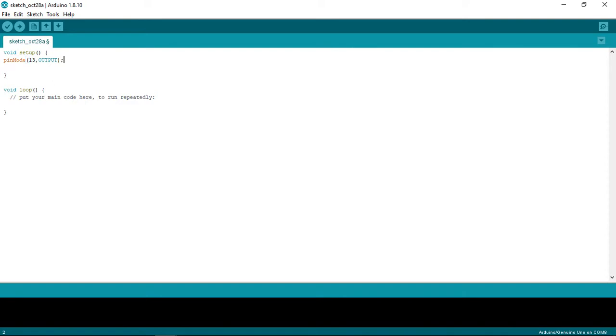And the semicolon, well, don't forget about that. Okay, so that's it. That's all the configuration I need. I am using pin number 13 as output. In my loop,